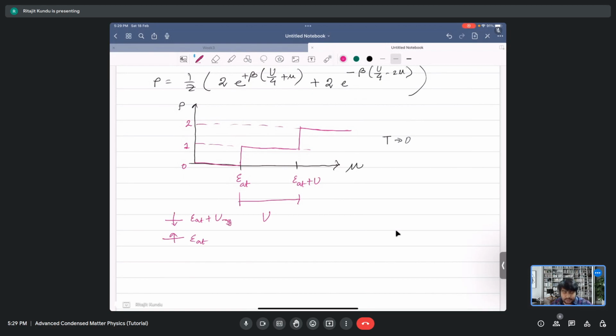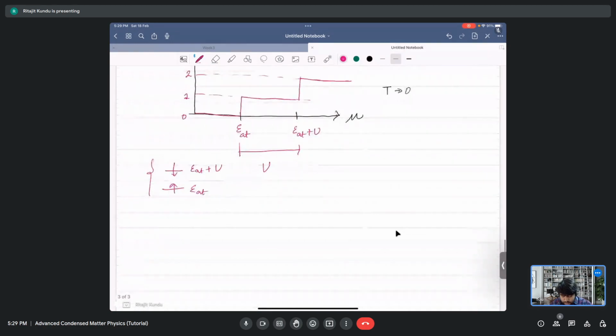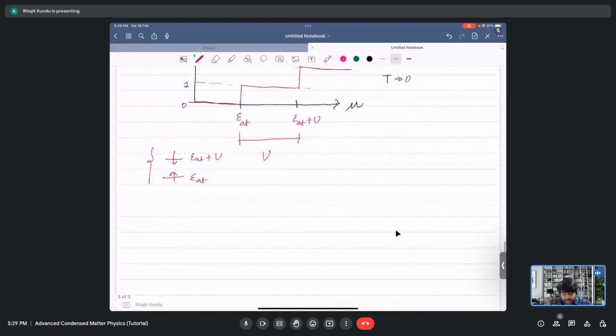So that's why this other level has EAT plus U. These kinds of levels are actually very different from how you think about single particle levels, because this other level is actually occupation dependent. The meaning of which is, if I started with this kind of picture, let me write it as